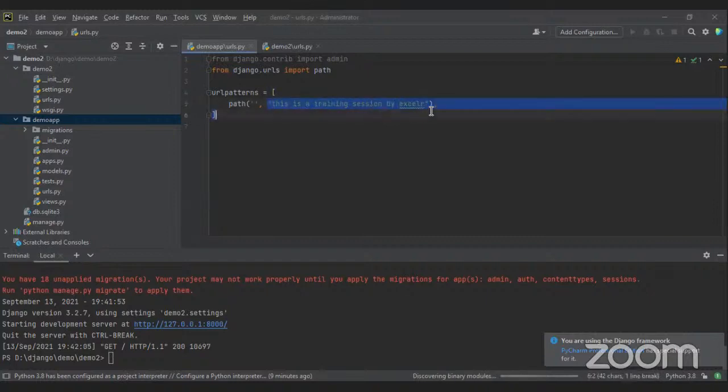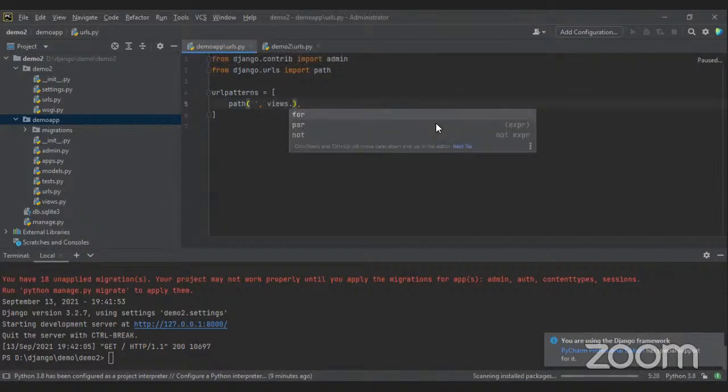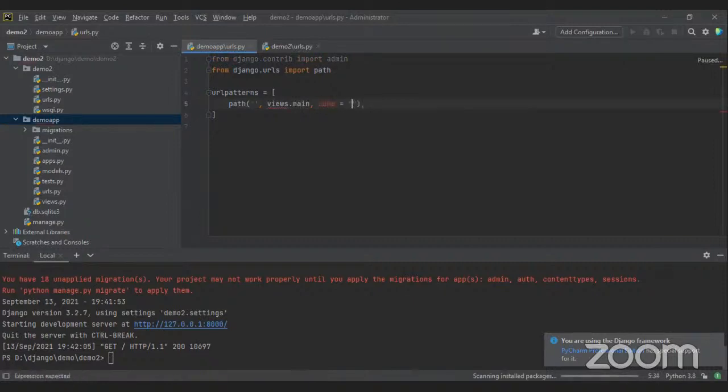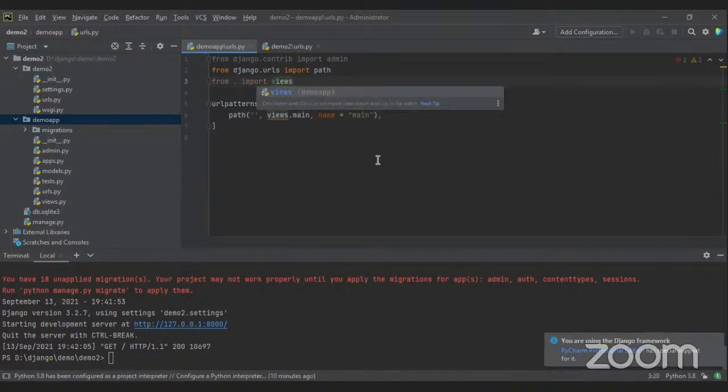Okay, so first thing you need to do is, let's say this is the main page, and the name equal to, let me call this main page. From dot import views, like I said in the beginning. Okay, so whatever URL you are referring to,